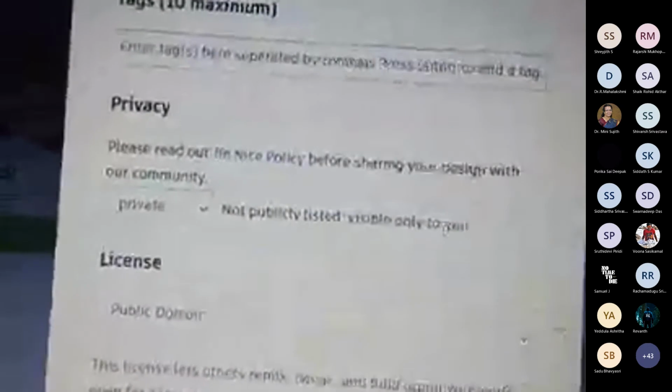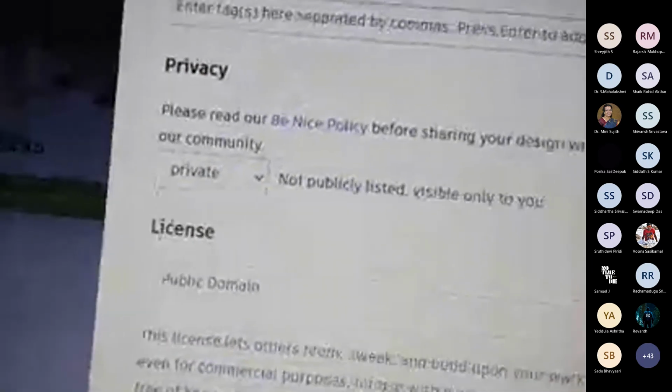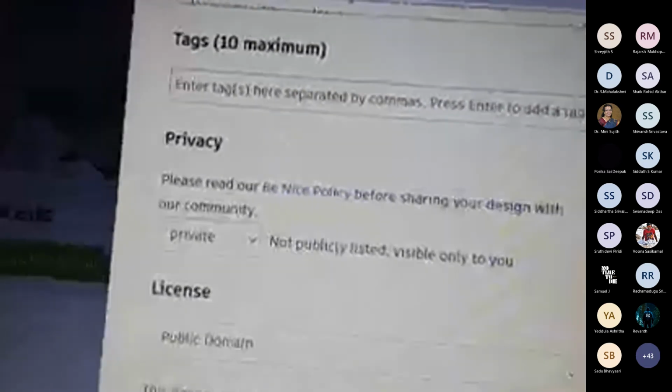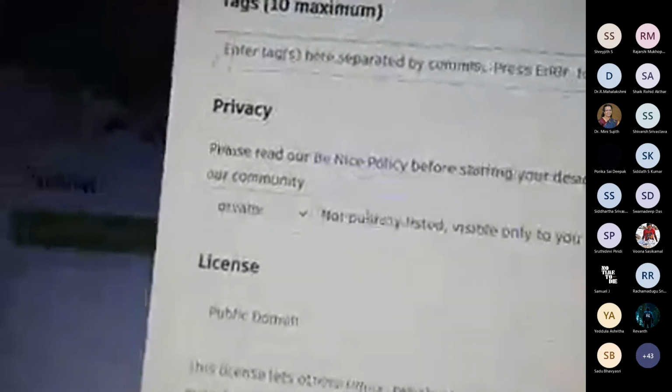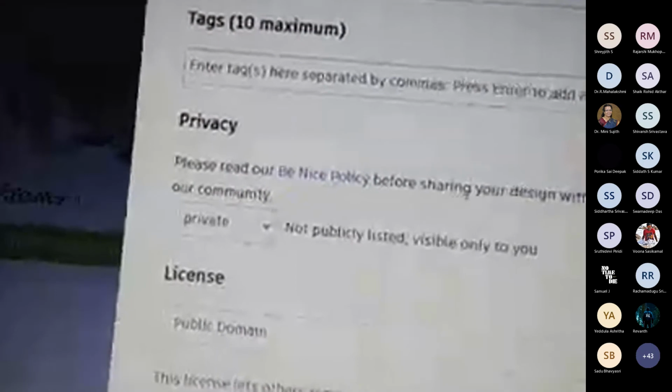If you want to share the circuit, please don't do that; do not share it with your friends. Let them make the connections by themselves. You can see design properties, design name means whatever I have saved and whatever you have saved. If you want to describe anything, that is anyway not required. This is private and not public because I am not going to share it with anyone. If in case I want to share it, definitely I can. If you want to change the name, save changes. So these things you can do.